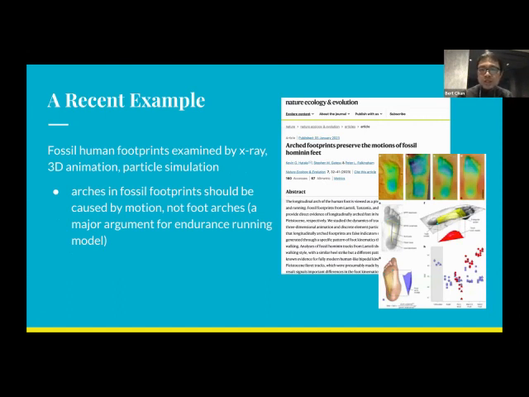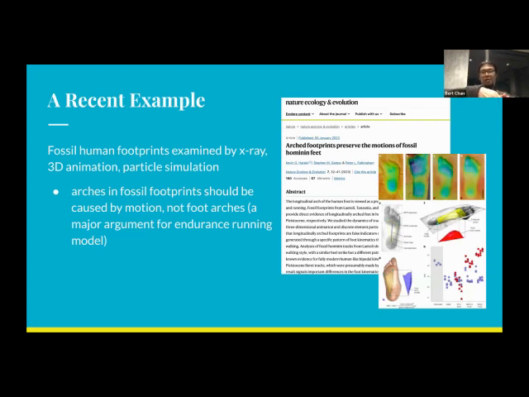So I just saw this recent example. It just came out this month. The researchers used technologies like X-ray, 3D animation, and particle simulation to study fossil human footprints. And they argue that their data, the results, suggest that those footprints,